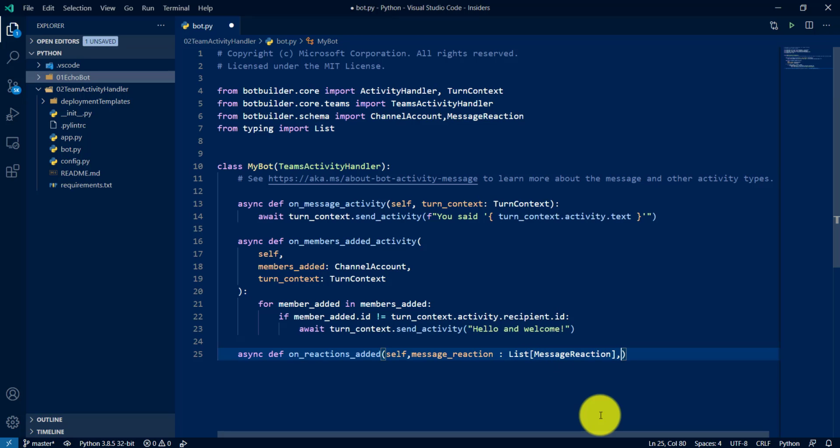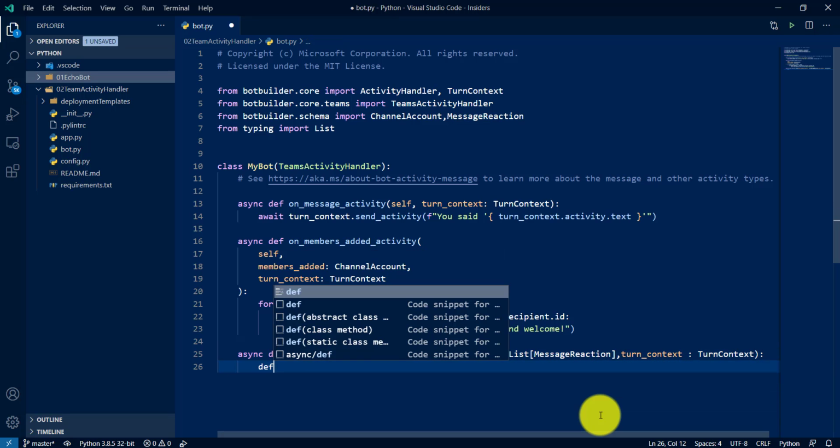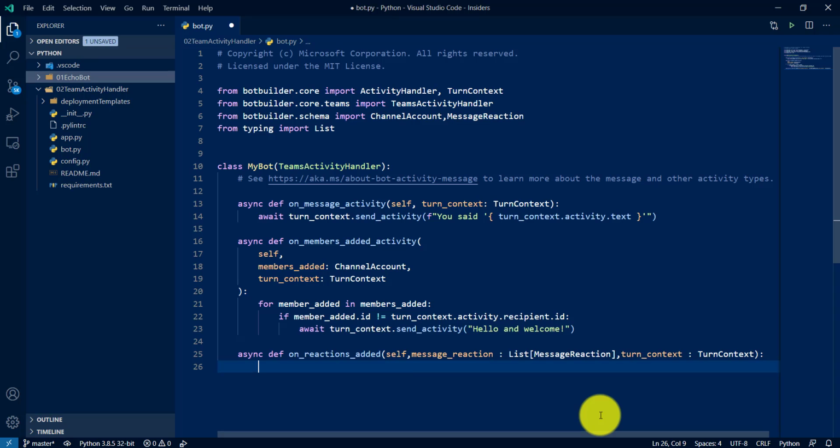MessageReaction. The third argument is the turn context. That's it. So what we are going to do, I'm just looping over the list and returning the values, whatever the user sends, I just return it. So for message_reaction in reactions,